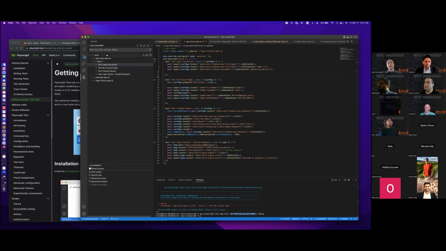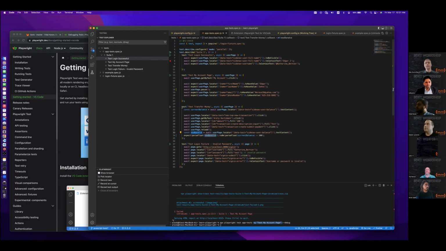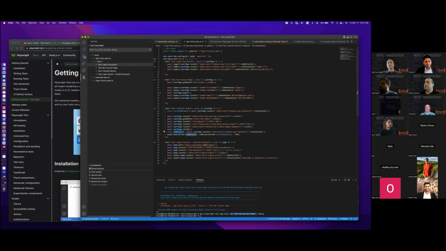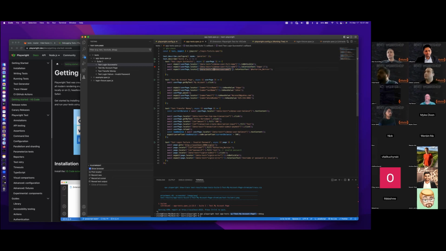Because with this extension, you can use these breakpoints, and maybe you don't even need the browser. If you just want to check variables like we have here, you can run without the browser and see what those values are in the JavaScript console. But let's say we want to run with the browser. We will run the same test. We need to make sure it's passing.